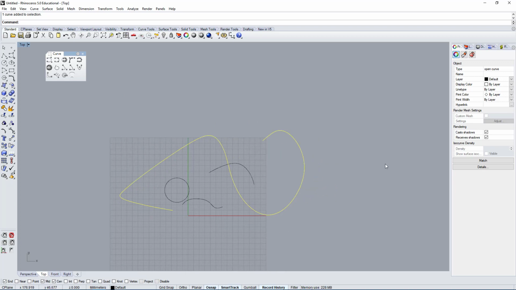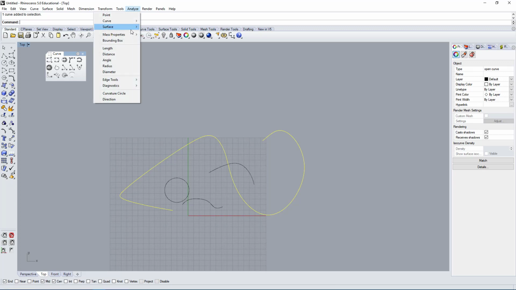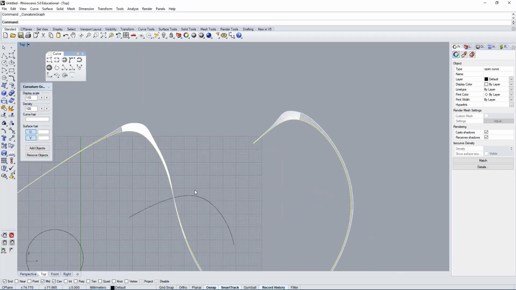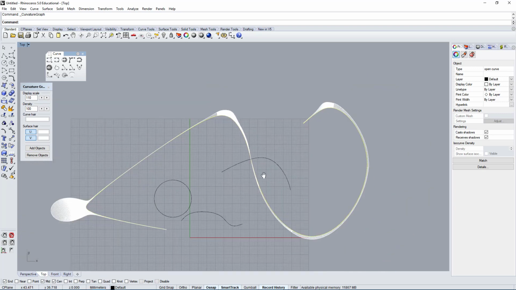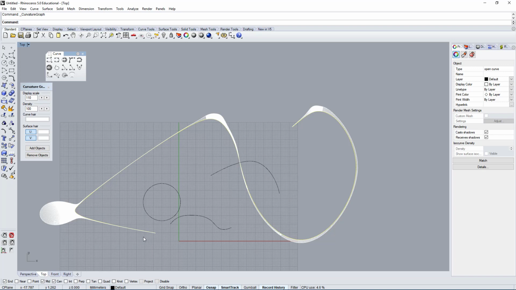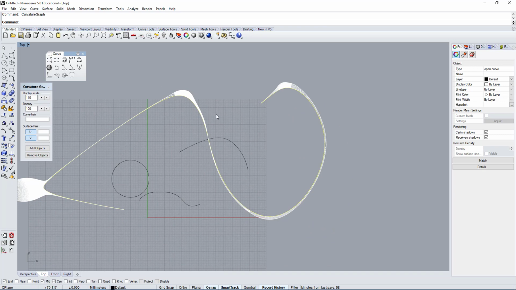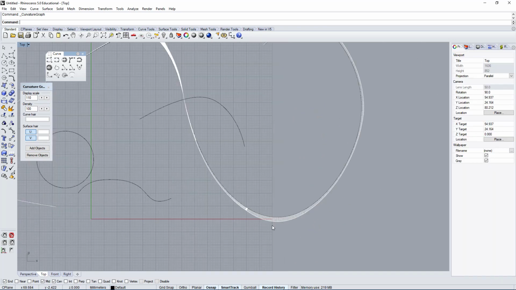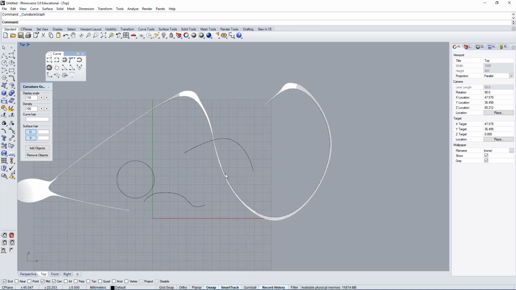You might want to stay away from the analyze because it's a lot to look at at once. The curvature graph is really useful, but it does get confusing sometimes. It can be misleading when you're new to looking at how to construct curves and analyzing. Analyzing curvature takes it to the next level. It forces you to be very aware of the point relationships. So maybe you want to keep that for later, and for now just practice with curves, creating blend curves and just joining them and editing and adding on to the curves.